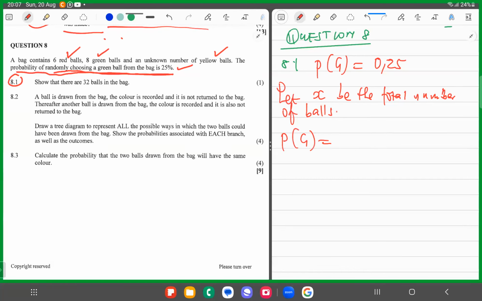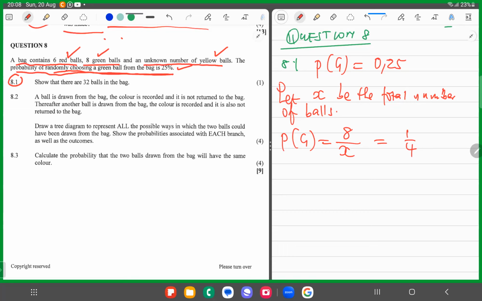So the probability of selecting a green ball is going to be the same as, right. Now the bag contains 6 red balls and 8 green balls, and an unknown number of yellow balls. So for the probability of the green ball, let X be the total number of balls, which means you know that you're dealing with 8 green, and therefore the total number of the balls is X, and the probability is